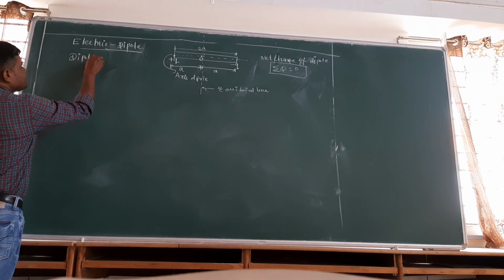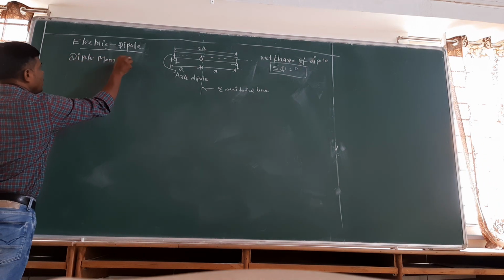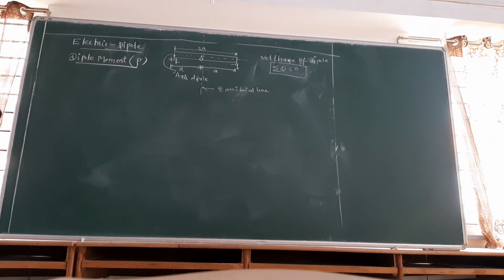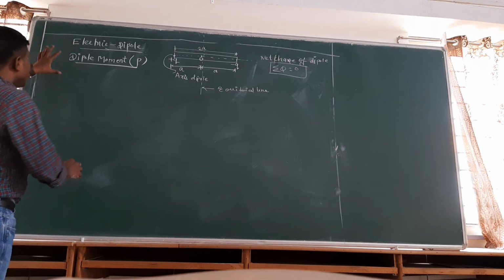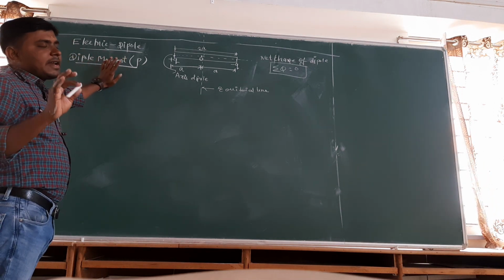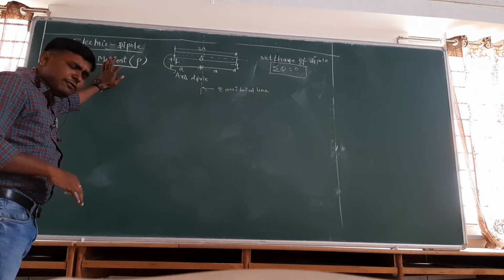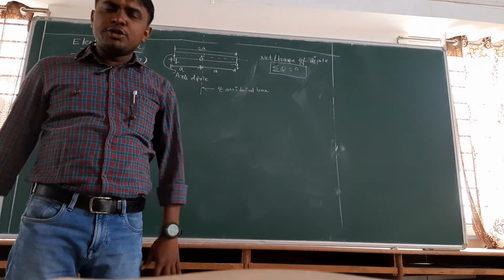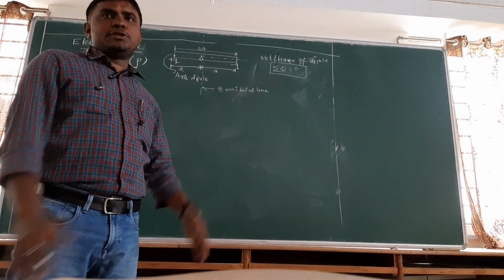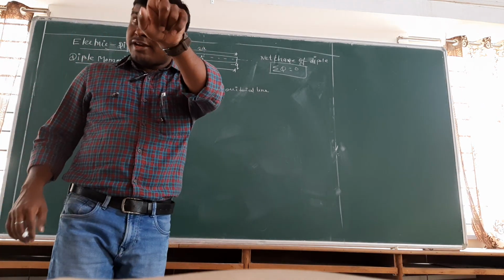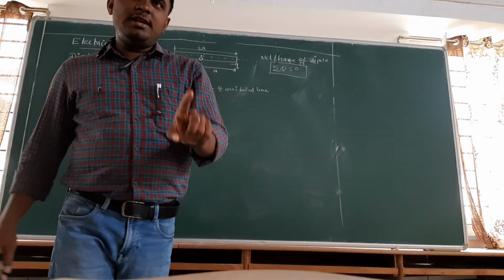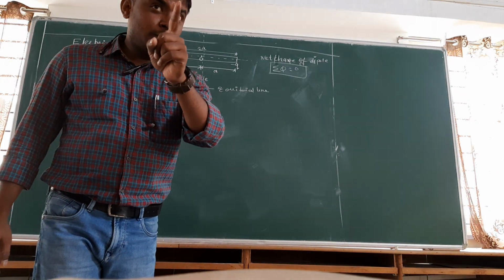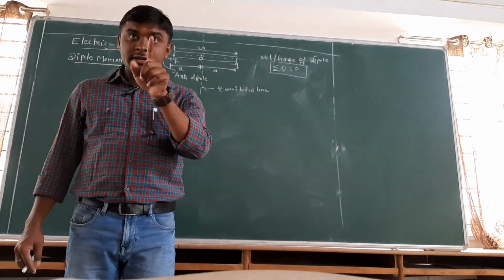Dipole moment is denoted by the symbol P. Dipole moment is P. It is a vector quantity, so it is having magnitude as well as direction. Before this, I would like to make clear that electric field is also a vector quantity. It is having magnitude and it is having direction also. So to measure electric field, pay attention, we have to measure two parameters. Number one, electric field strength, which is also commonly called electric field intensity. Listen carefully.